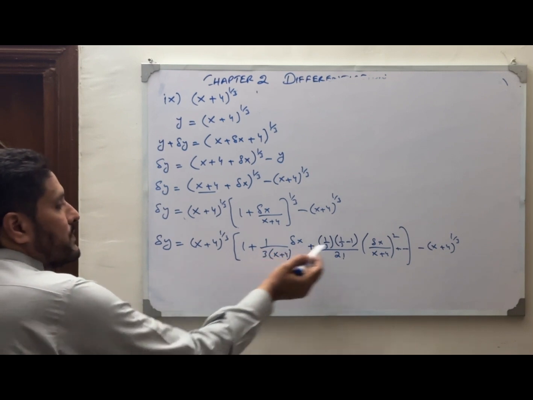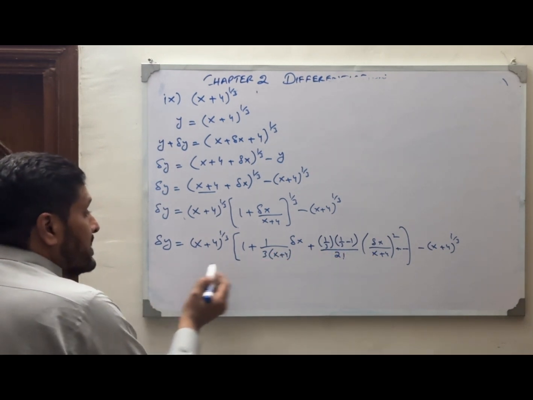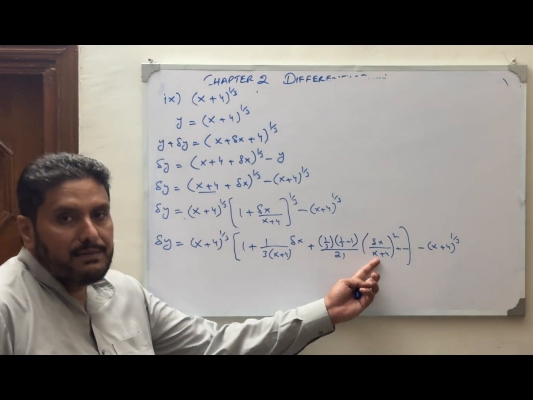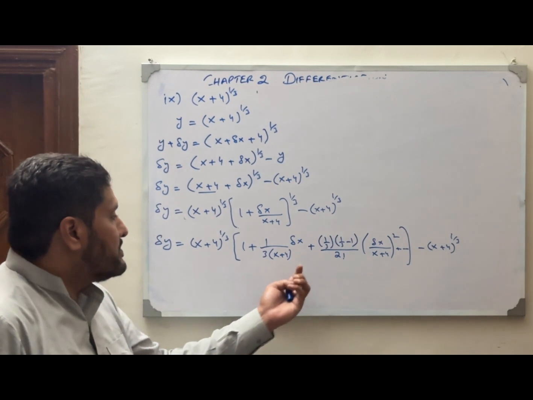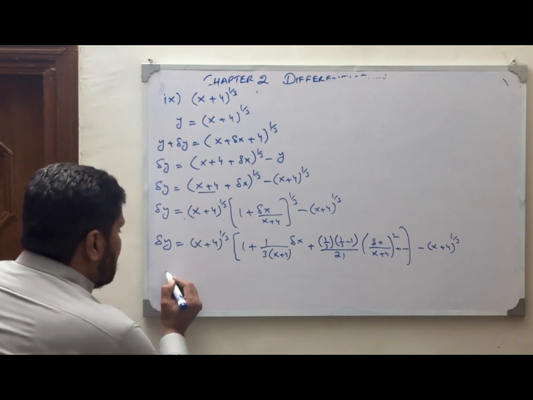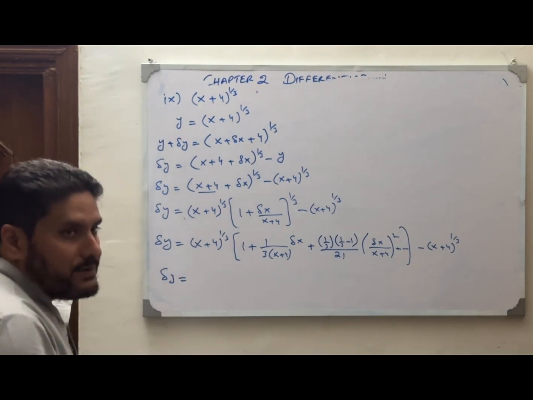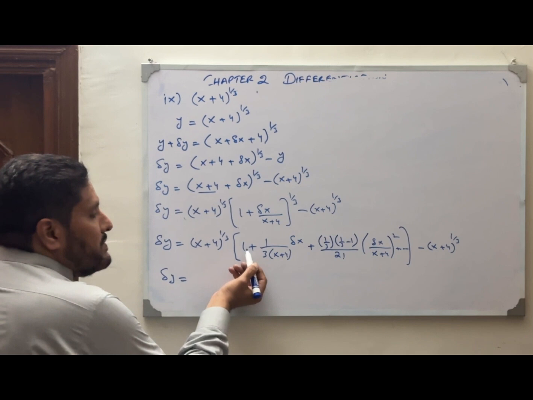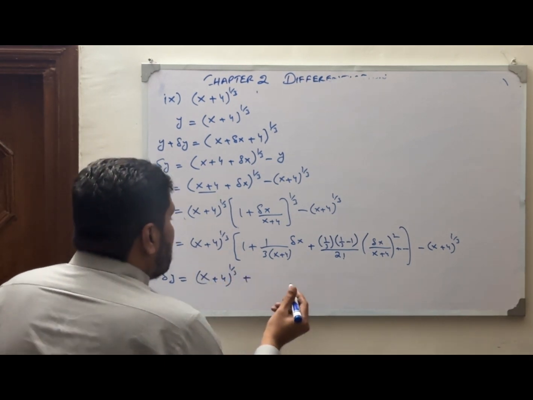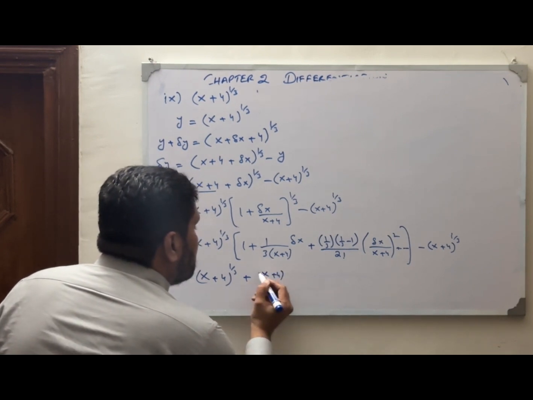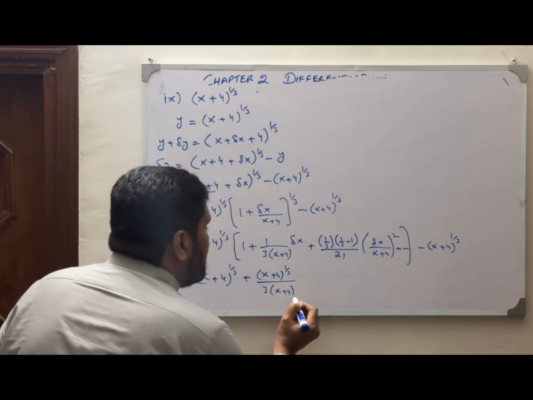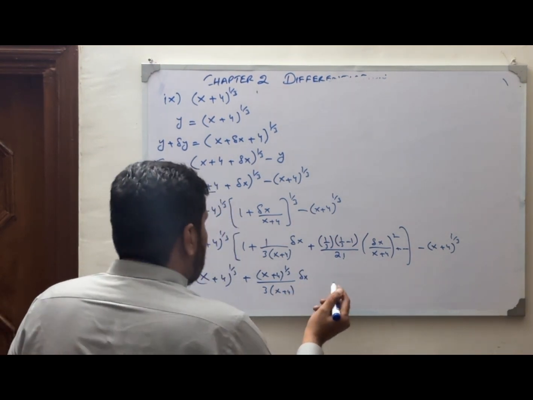Now this x plus 4 is multiplying with all of these terms, and one thing in common is that delta x is in this term and delta x is in this term, so I am directly taking delta x common out of these two terms and multiplying it by (x plus 4) power 1 by 3. Okay, we will have one more step for that. So (x plus 4) power 1 by 3 multiplied by 1, that is equal to (x plus 4) power 1 by 3 plus (x plus 4) power 1 by 3 divided by 3 into (x plus 4) delta x, and then plus,